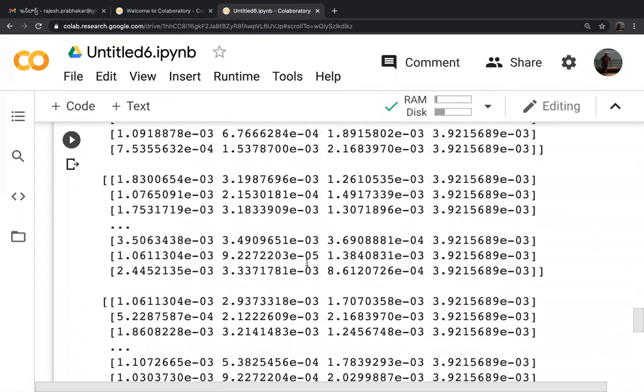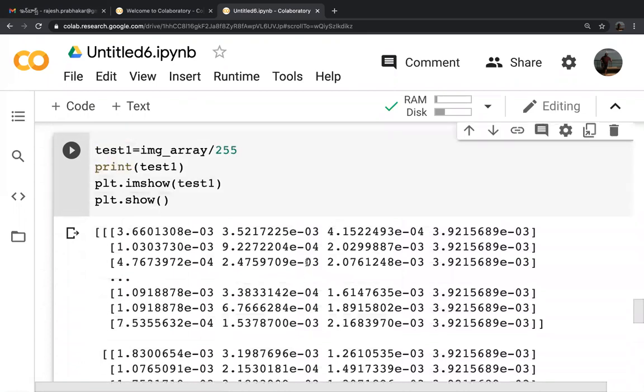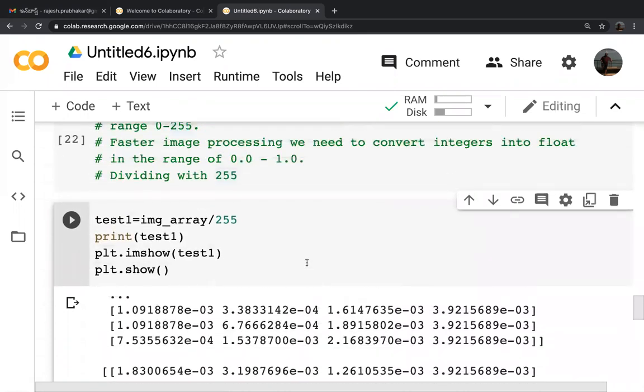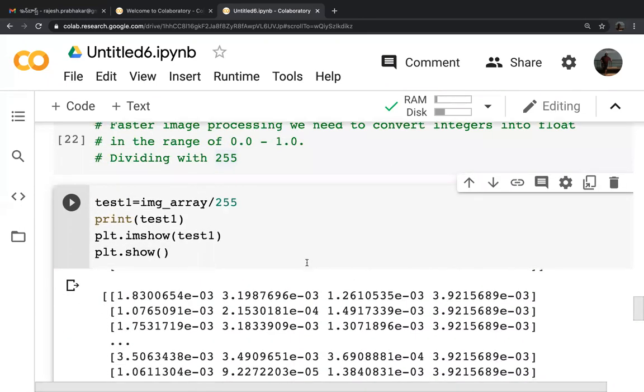Because of the smaller values, it is not able to display. But if we have a proper image, we can do it. Okay, but this is why we do it.